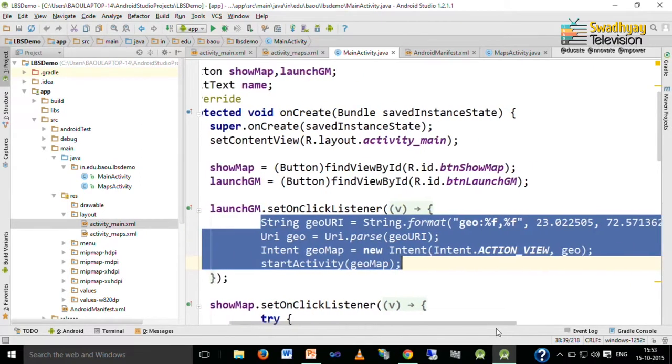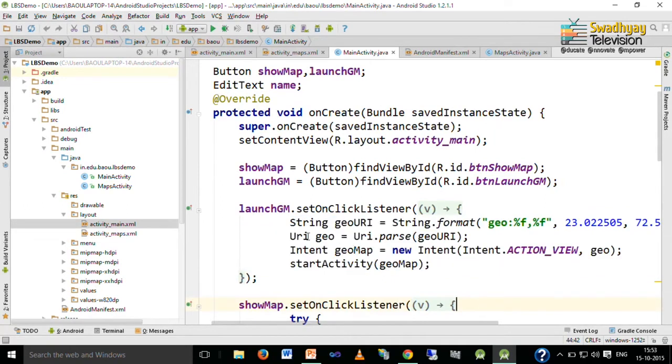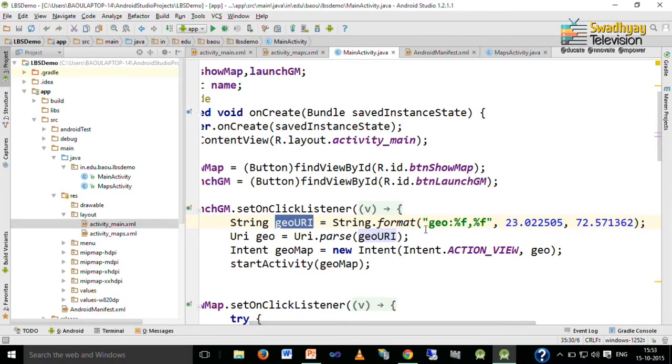Now, here I have used fixed longitude and latitude for displaying on the map. I created one string with the name GeoURI, and its format is geo colon and then latitude and longitude.